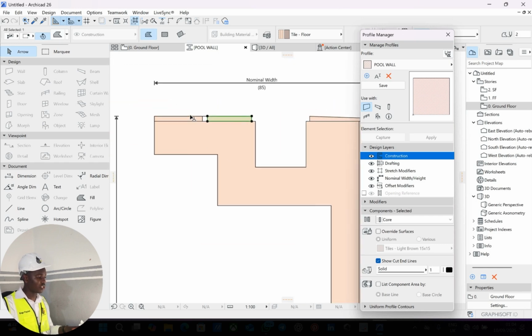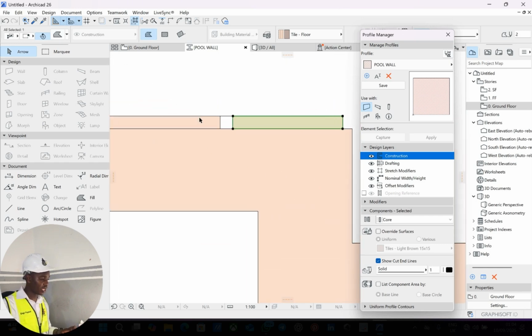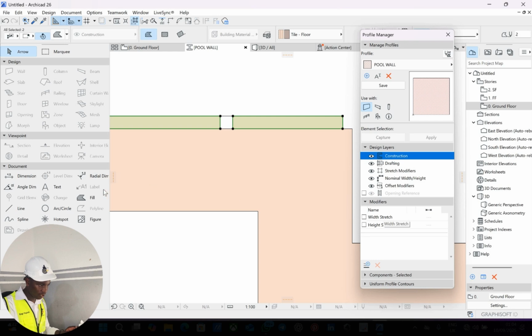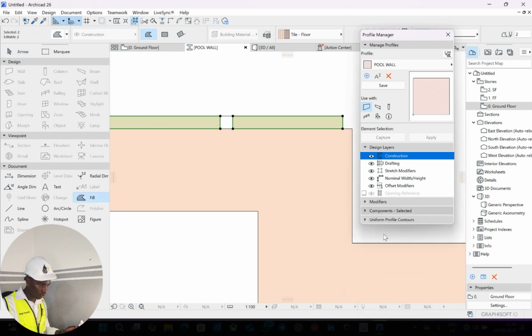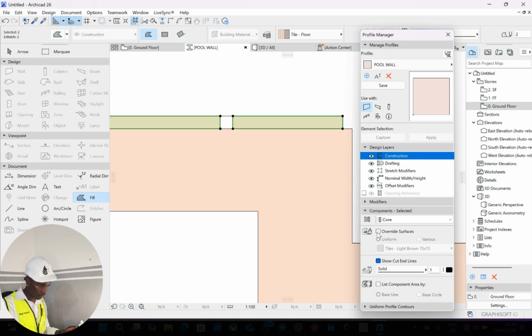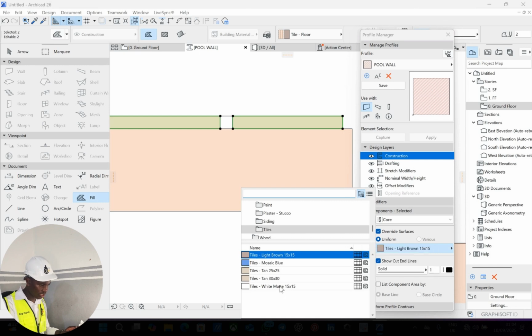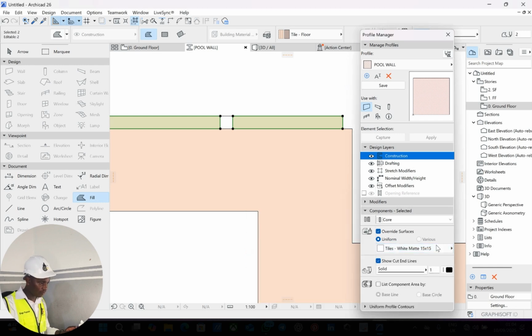So we are going to start with these two small ones which are of the same kind of tile. We are going to put white matte tiles. Highlight both of them, go under modifier, click on cover fill, highlight override surfaces, change the tile, and put the white matte. Then when it's done,